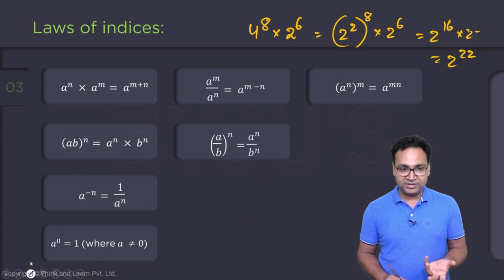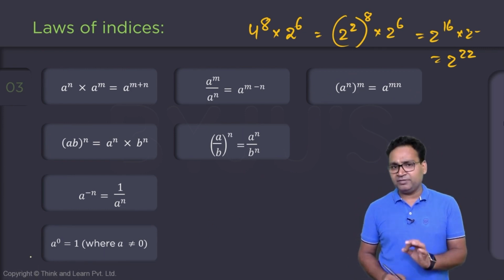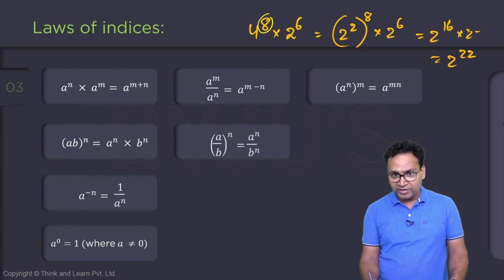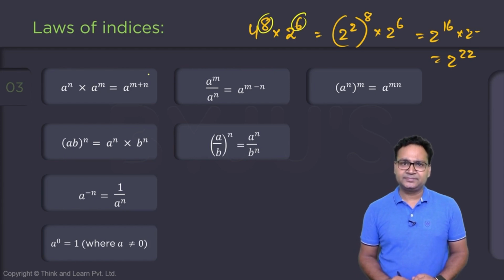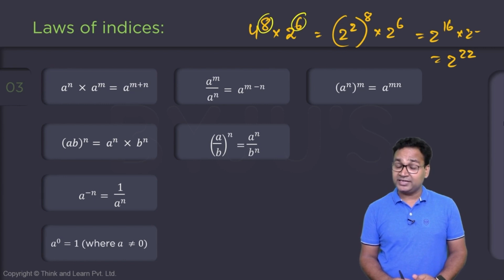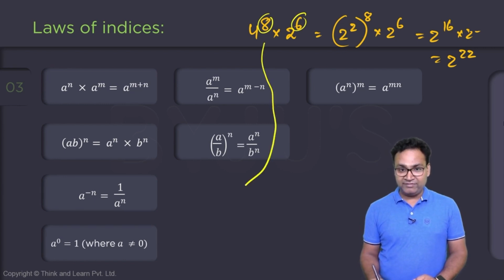you try to make the power same. Now, can it be done by making the power same? Yes. Look at what is the common in 8 and 6. Is there any common thing? HCF, what is the highest common factor of 8 and 6? Yes, that is 2. So I will write it as